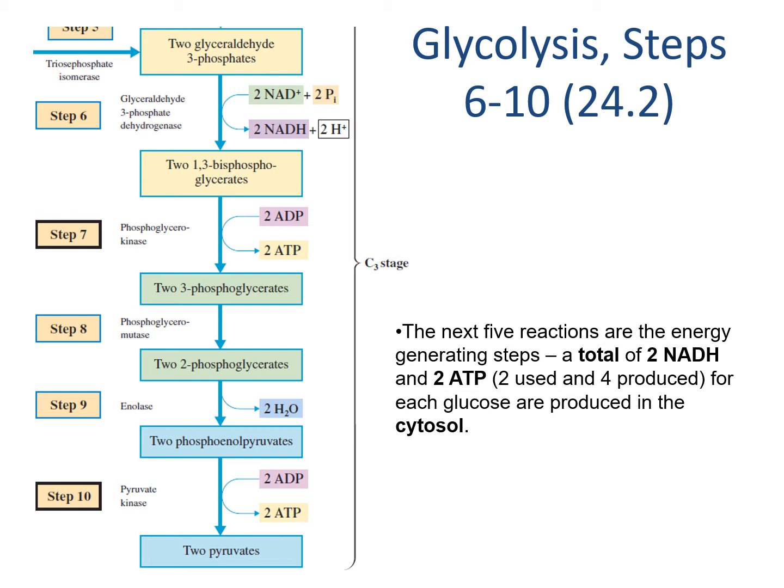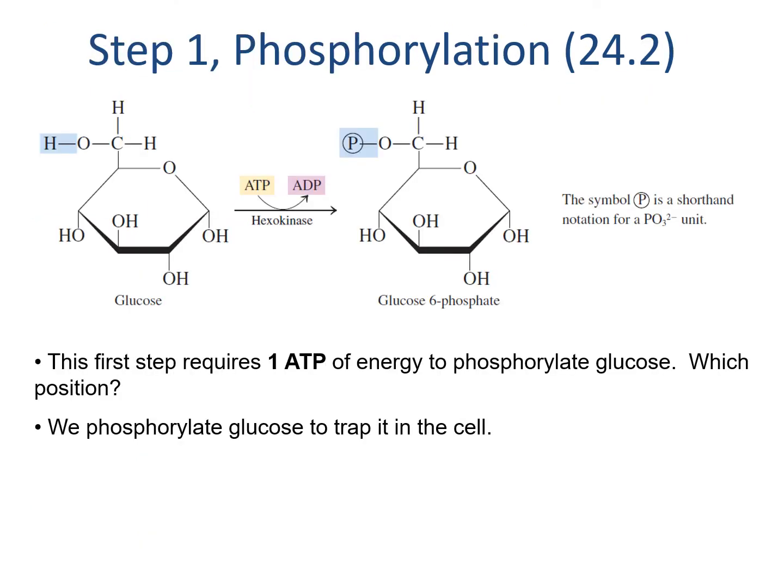This cytosol piece is important because NADH in the cytosol can't be oxidized in the electron transport chain directly. Let's put a pin in that and talk glycolysis first. The first step of glycolysis invests in ATP. That ATP can be gained later, but it also functions as a means to trap glucose inside of a cell.